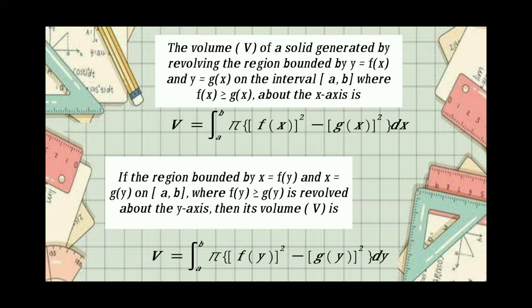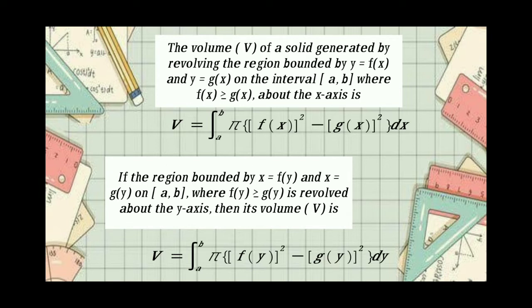There are two types of formula, depending on whether the function is f of y or f of x. The first formula is for the volume of the solid generated by revolving the region bounded by y equals f of x and y equals g of x on the interval a to b, where f of x is greater than or equal to g of x, about the x-axis. The formula is volume equals integral from a to b of pi times quantity f of x squared minus